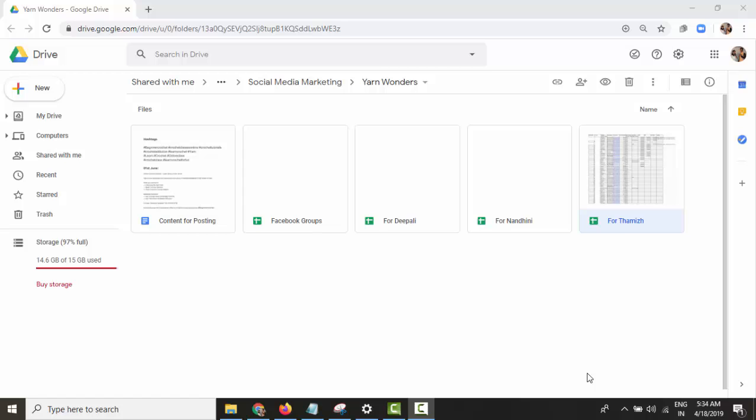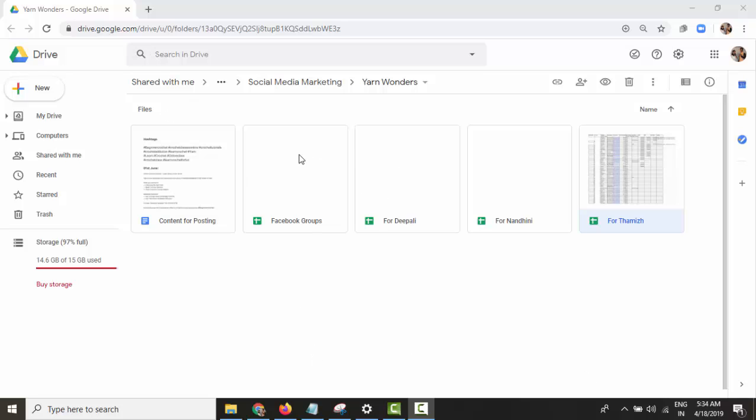In the previous video, we saw how to post in Facebook groups and how to take the data in the Excel. And now I'm going to show in this video, there will be a little bit of challenges when you post in groups where you need admin approval. So how you are going to track that in Excel, I'm going to show you that. And also I'm going to show you how you are going to post in Twitter.